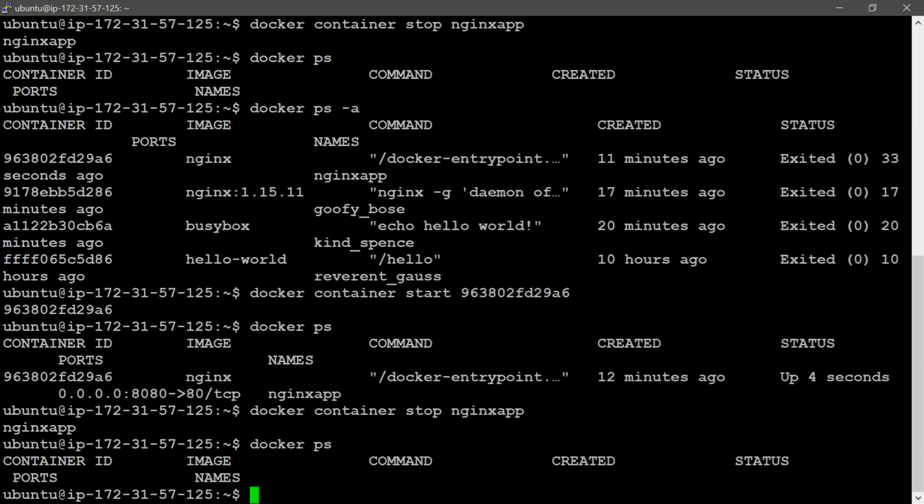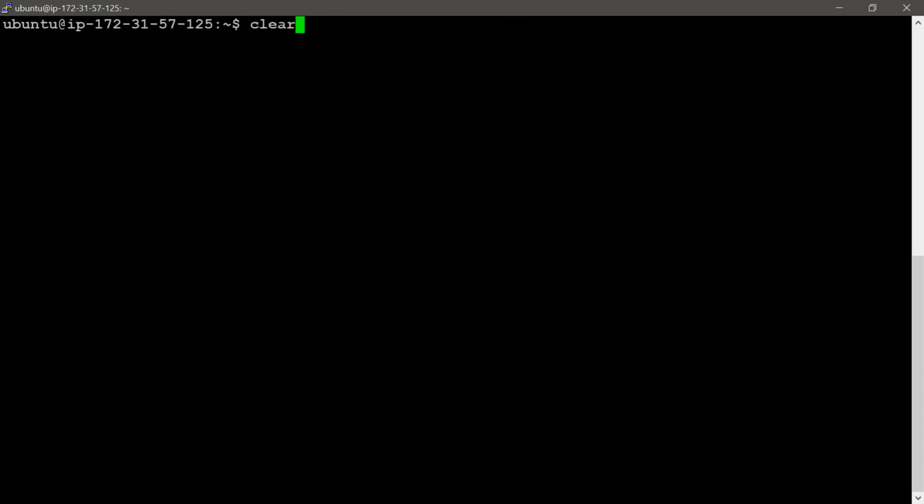Then I will provide the remove command. The remove command is also very simple, as with docker start and stop container. I will clear the screen first. I'm giving the same stop command, but instead of stop I will give rm.